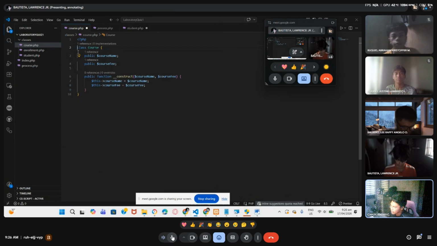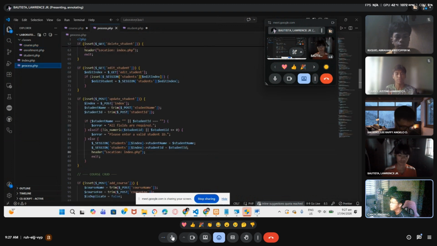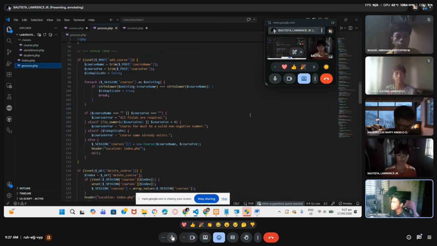Next, let's proceed to the CRUD logic of the course. Part one is the add course. This input capture and cleaning process begins by detecting if the form was submitted through the add course button.